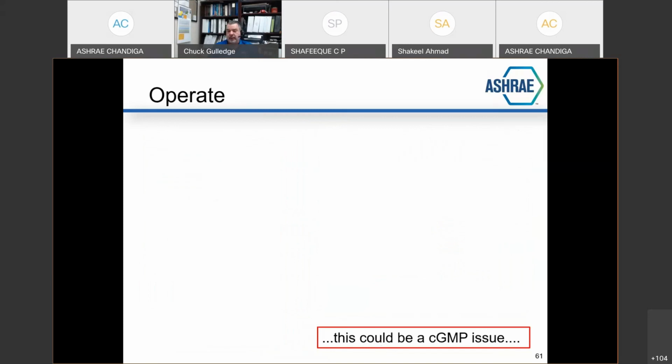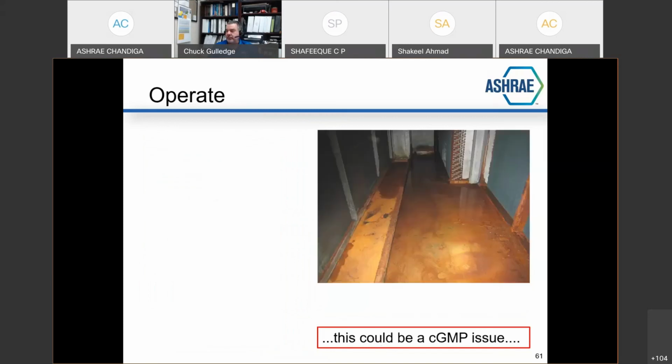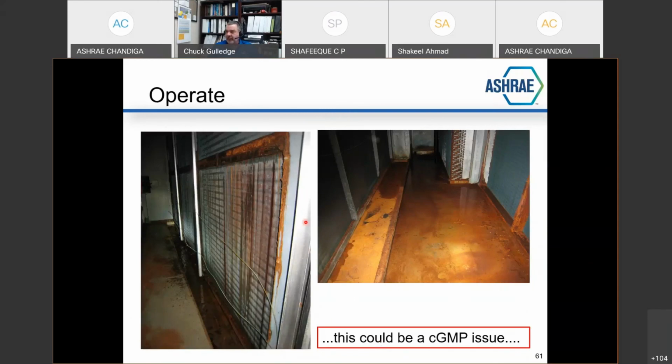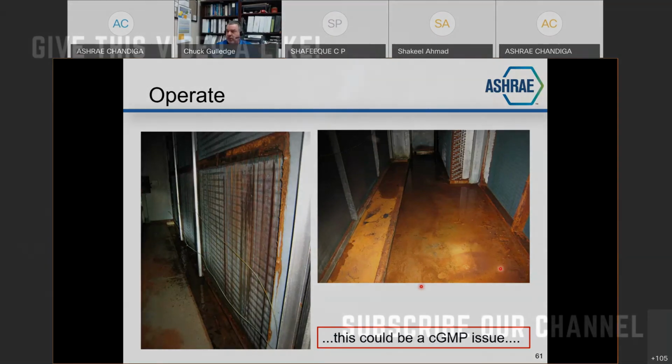This could be a clean, good manufacturing process issue. Remember that P-trap on the cooling coil condensate drain pan? Well, this is a better picture of that same drain pan. Look very closely at what's happening inside this area because this environment has been neglected for so many years. This was in a good, clean manufacturing process scenario, and the airstream going to critical space was all exposed